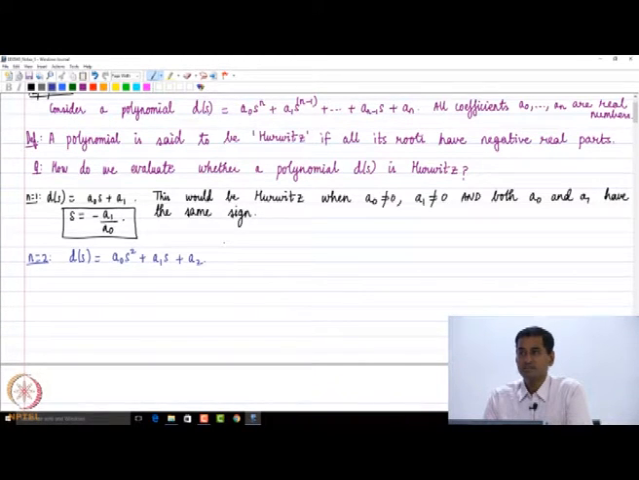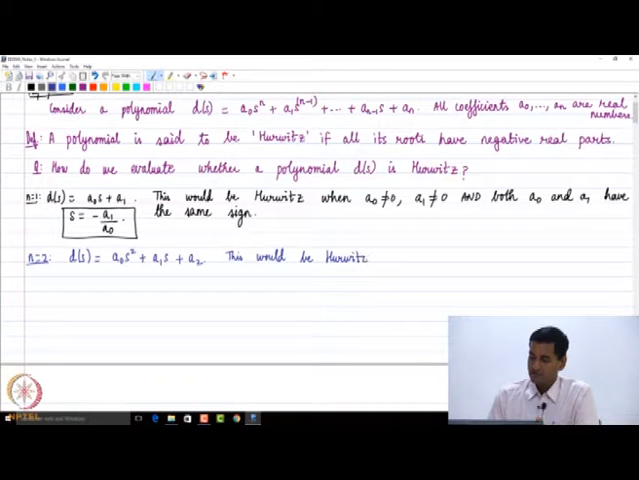So this is a second order polynomial, right. So I need to solve the quadratic equation a naught s squared plus a1 s plus a2, right. So when do you think this polynomial would be Hurwitz? So it so turns out that this polynomial would be Hurwitz